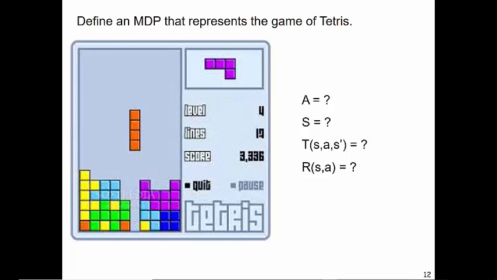next states. So how would we define the transition function for a no-op action? Any ideas? The falling piece moves down 1 spot in the grid. Okay. Now